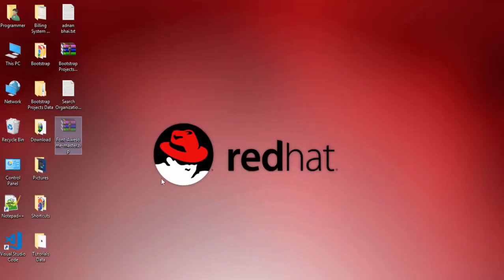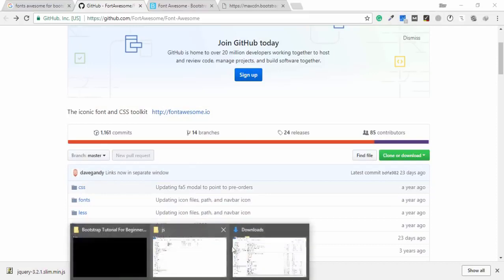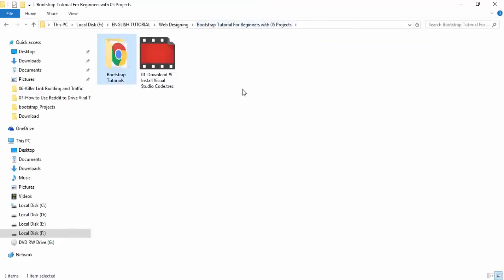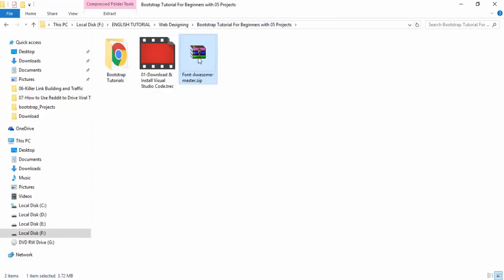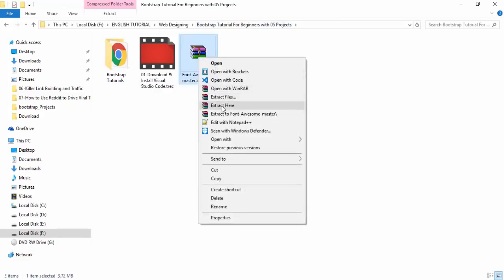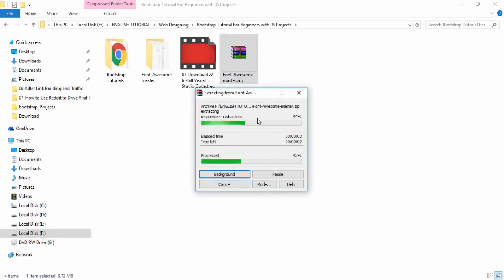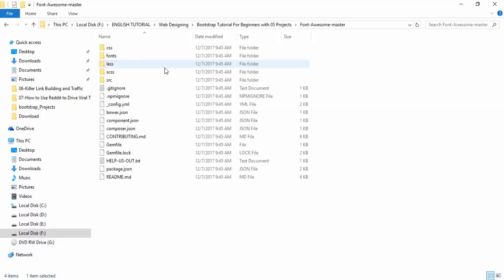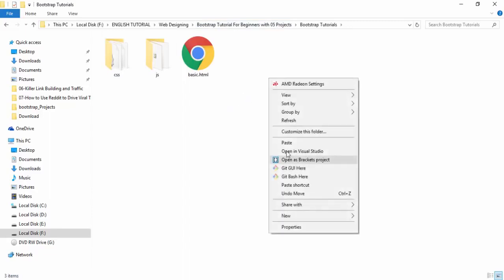This is the font awesome. I cut the folder and I go to my project. Where is my project? This is my project, and paste the font awesome folder. Right click it and extract the folder. Under this folder we need to copy or find the fonts folder. Okay guys, you need to wait a couple of seconds to extract the font awesome. Okay, under this folder I find the folder fonts, copy the folder and paste the folder on the project